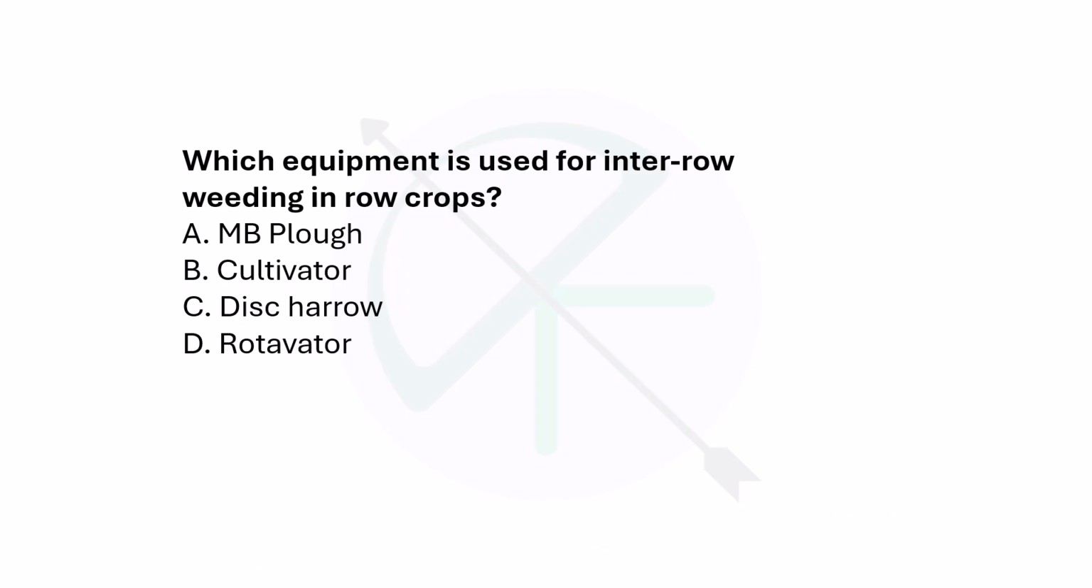Now the first question is which equipment is used for inter-row weeding in row crops? Moldboard plow, cultivator, disc harrow and rotavator. First and foremost, you should know that inter-row weeding is a secondary tillage activity, right? The primary tillage activity includes the preparation of soil, seed sowing and all those things, right? So obviously it will be an activity taken up by the secondary tillage equipment, and we know that moldboard plow is a primary tillage equipment, and cultivator, disc harrow and rotavator, although rotavator is both